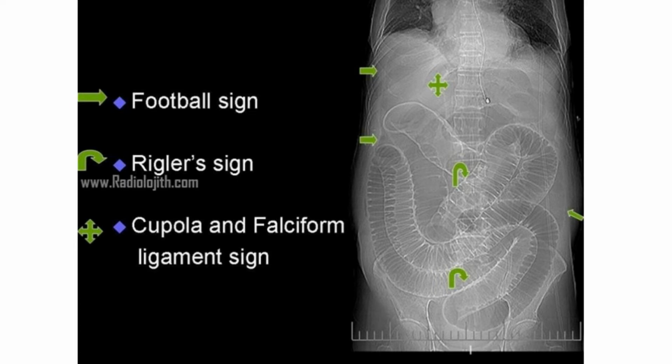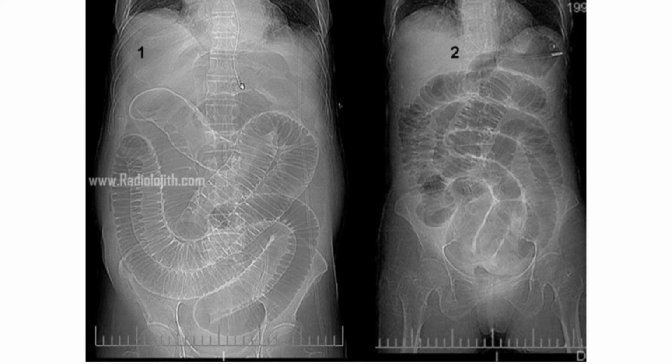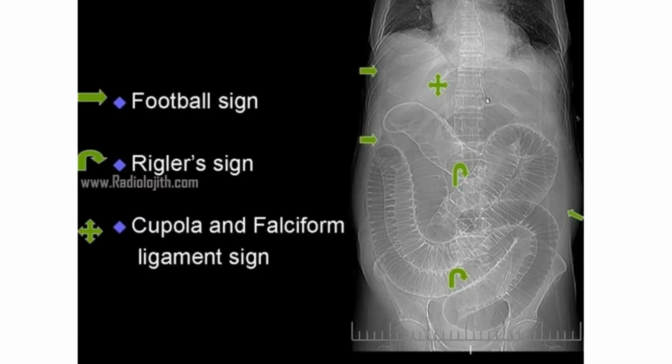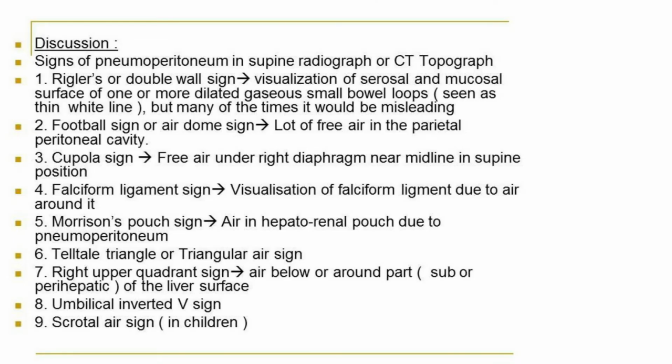So the diagnosis is significant pneumoperitoneum in the first picture, and the other CT topo shows changes of only small bowel obstruction. It's very rare to diagnose pneumoperitoneum in the CT topo itself because it needs a large volume of gas in the peritoneal compartment for such a diagnosis. I'm giving the picture. Please go through the signs of pneumoperitoneum as described there. I'm giving 12 names. Please memorize all the signs with the names. They might not be important practically, but they might be crucial in the exams.